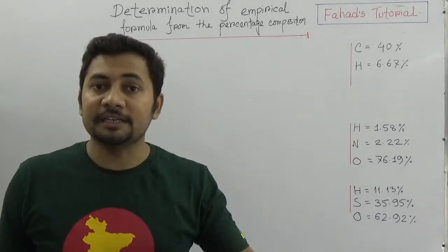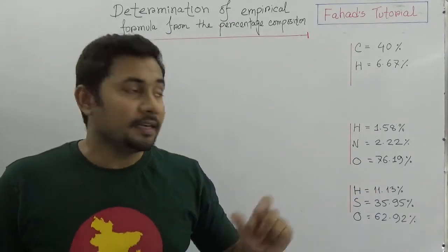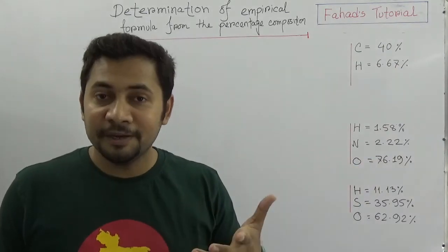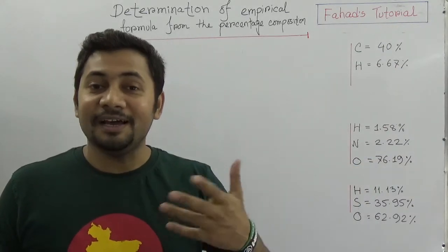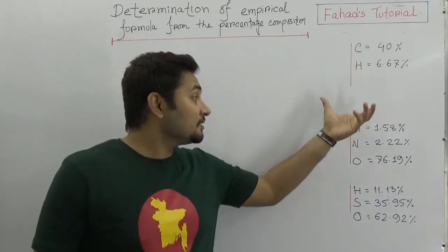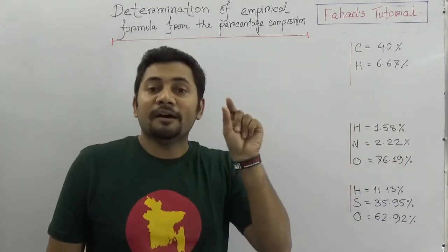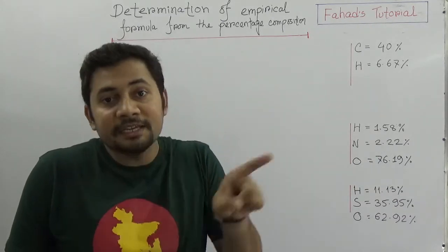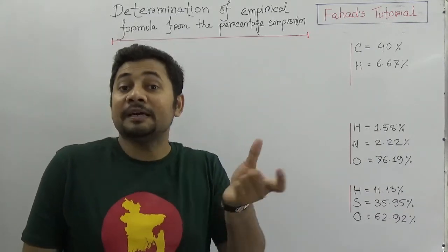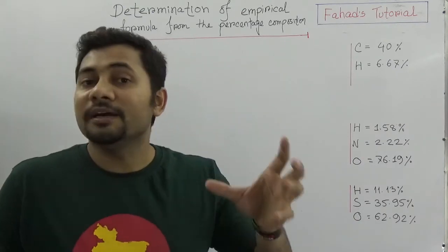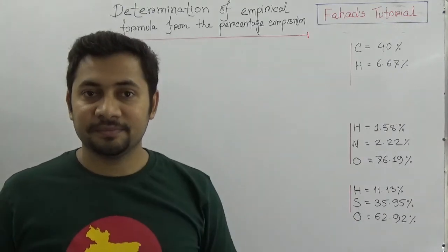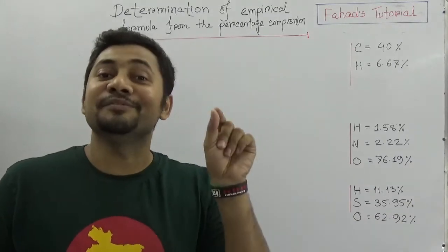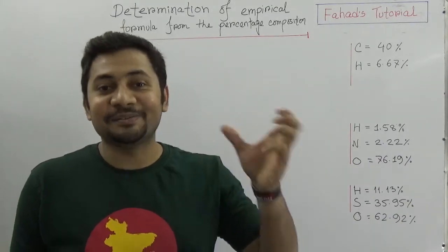And then when you divide by the atomic mass, we will have a quotient. Among those quotients, we have to pick the smallest one. And then we need to again divide all these quotients by the smallest one, and we have to find an integer. And those integers will be used as the number of atoms of those elements, and then we will have